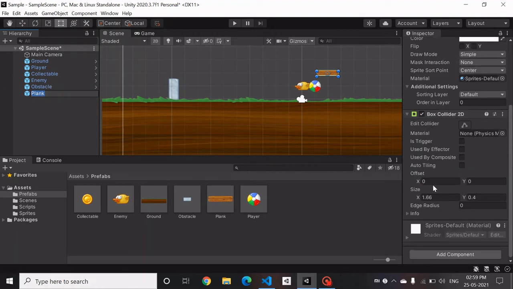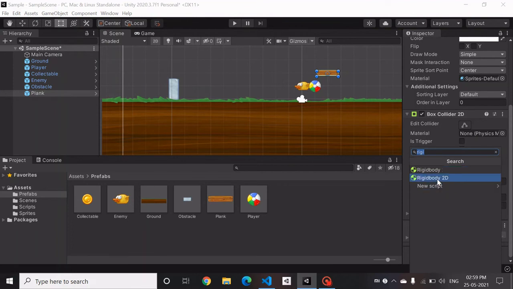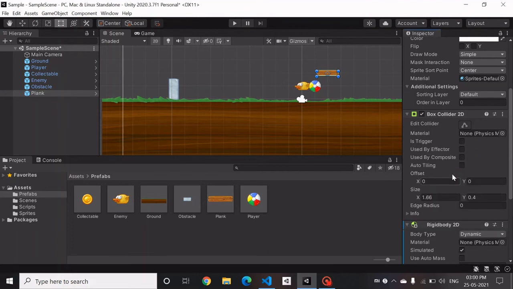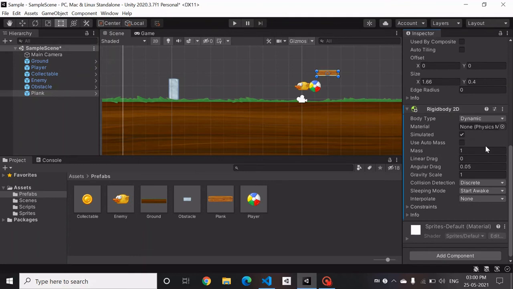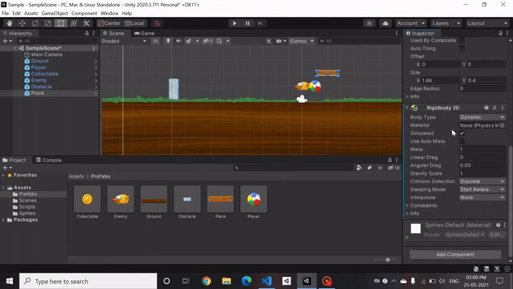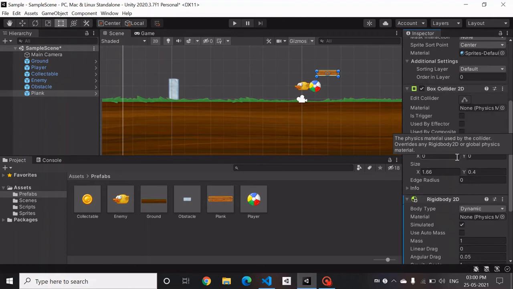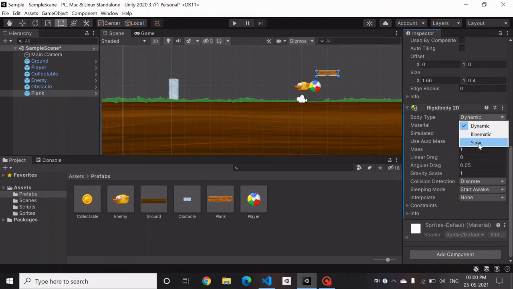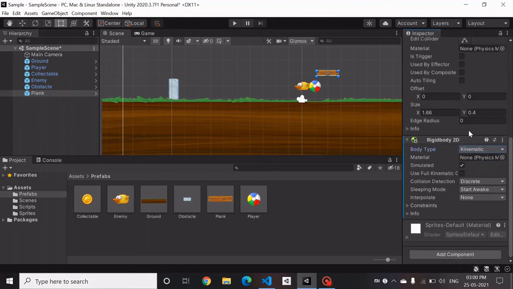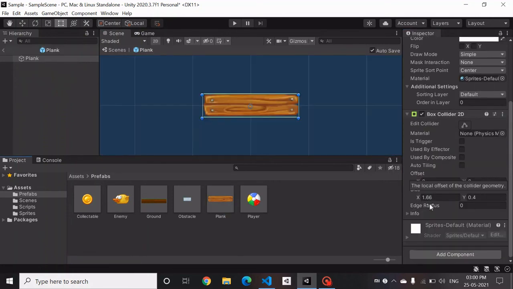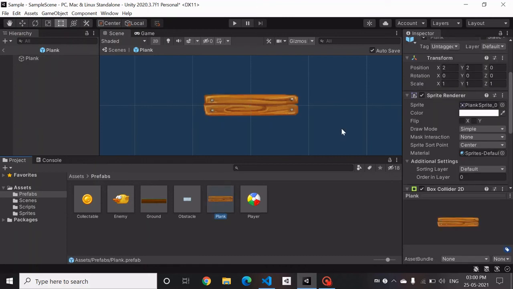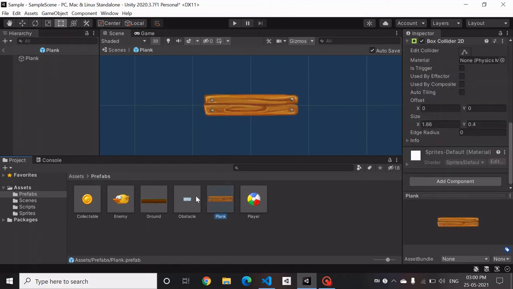Now let's make this plank a kinematic rigid body as well, because we don't want it to move, but we do want it to collide with other bodies. So here we'll add a rigid body and make it kinematic.